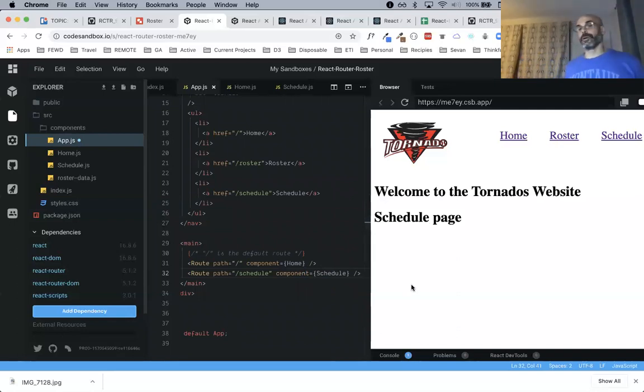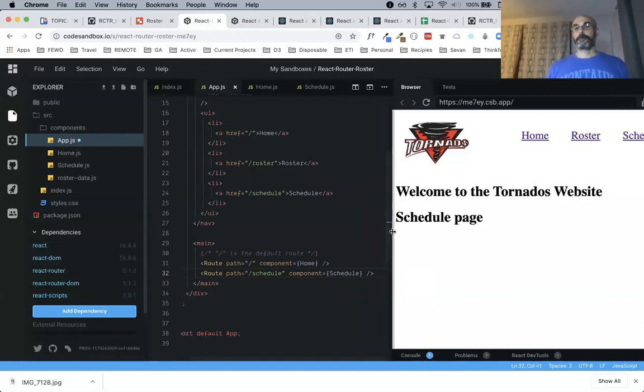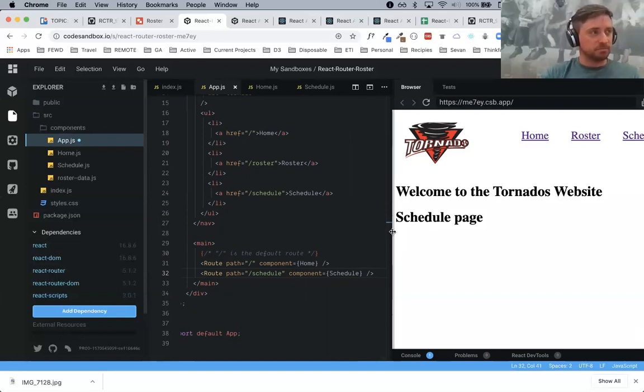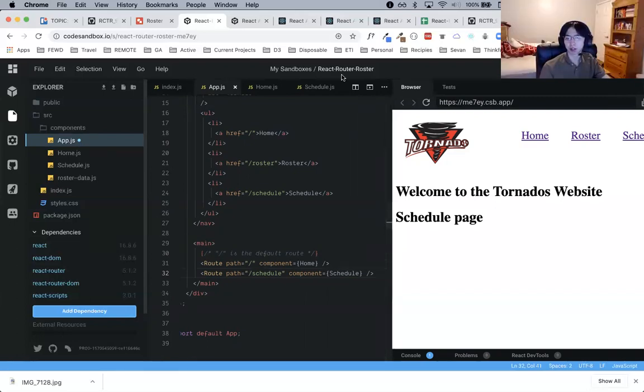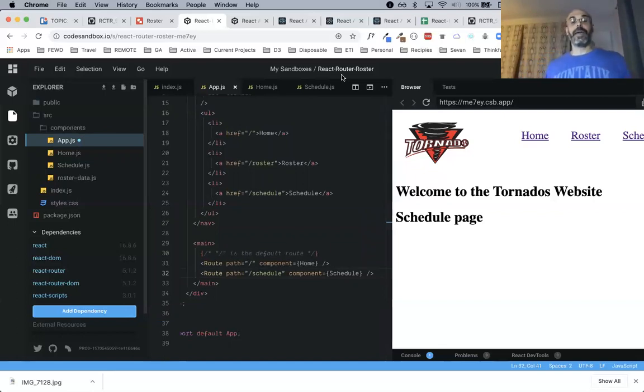Now, what's the issue here? Can anyone see right from the bat what's happening? You'd have to define all routes on the site. Well, we have a couple more routes to work through. But do you see both of those routes being rendered on the page? Yeah, even though it's the route path. Yeah, so what React is doing is it's saying, hey, this route of path / matches. But route path / and schedule also, I'm going to execute that as well.